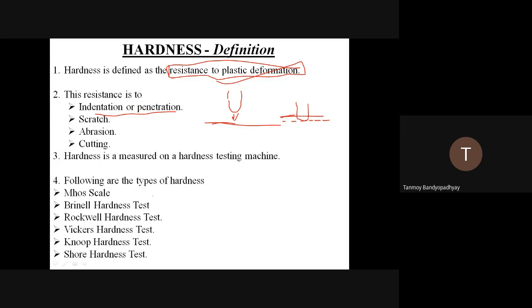The syllabus just mentions the hardness test, but based on the laboratory experiments that we do, we have the experimental setup for these two, the Brinell hardness test and the Rockwell hardness test, which I will be explaining in the class. So these are the hardness types. Now I come back to this part, where we wanted to have a short discussion on resistance